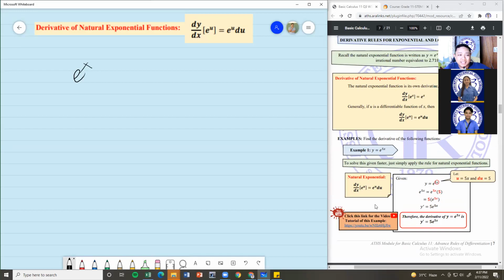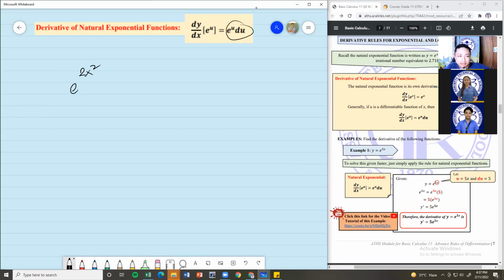Okay? And this is just very easy. The process is just very easy. How is that? We just have to do e^u du. What's e^u du? e^u, for example, we have e raised to 2x squared. Okay. If we have here,